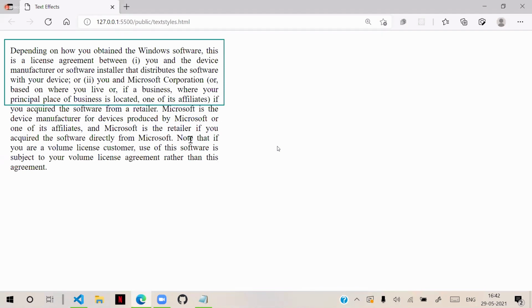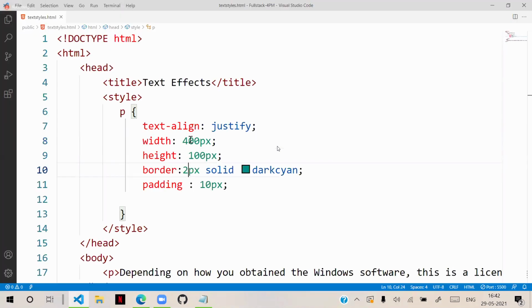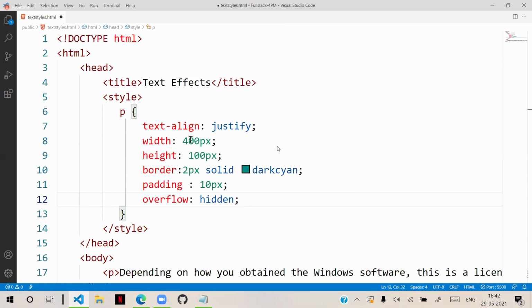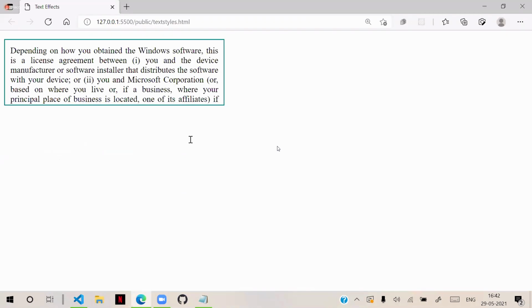Then what we do is we keep overflow here. We define overflow as hidden. That means any extra content will be hidden. But actually, I want to show the users that we have a lot more information. If you want, a click-more button, generally we give a more option for that.